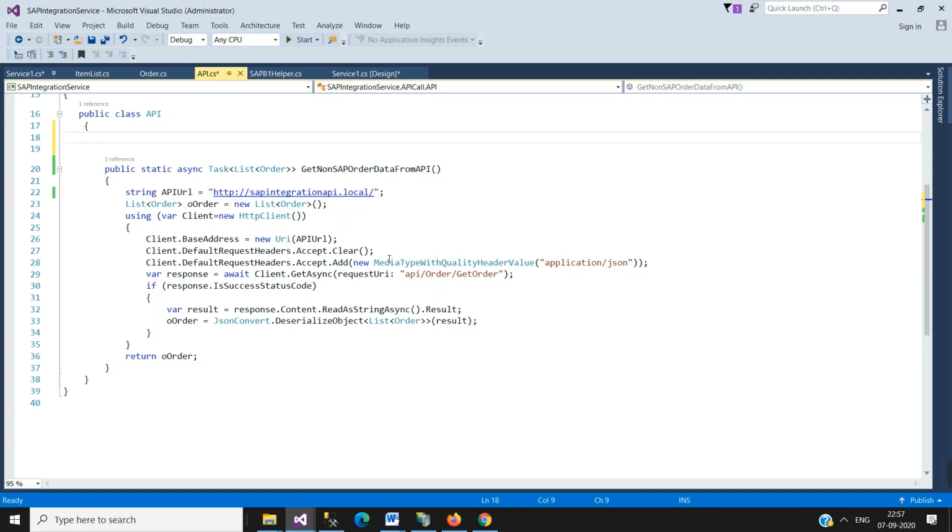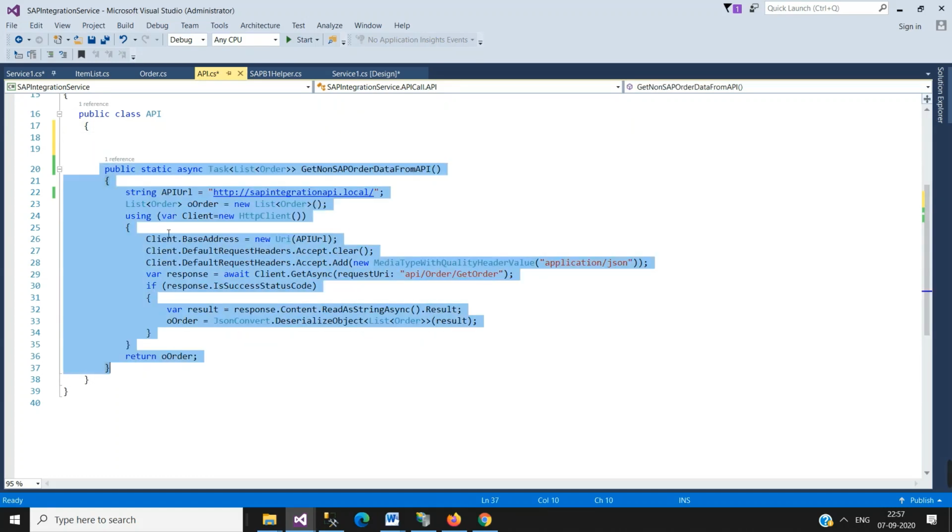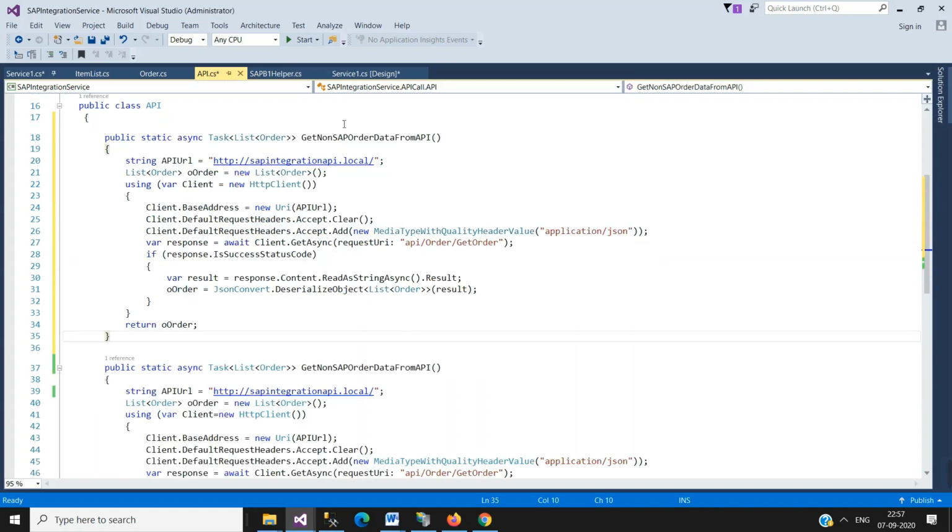So let me write the code. Through this API we will get a token.